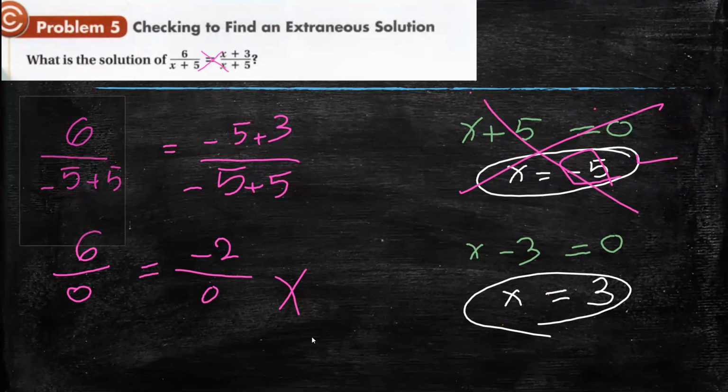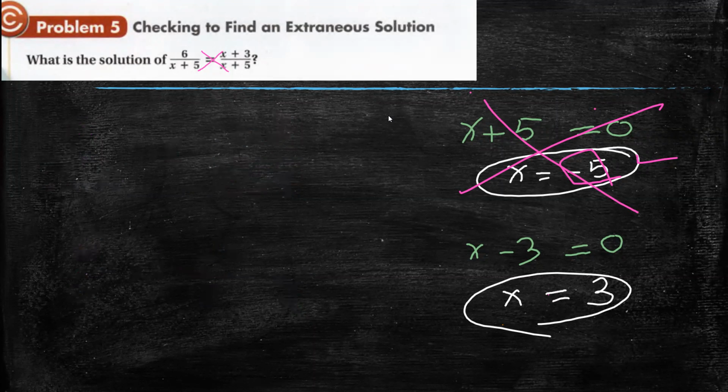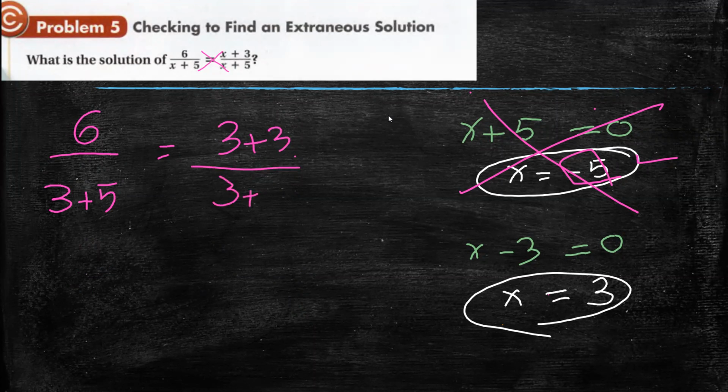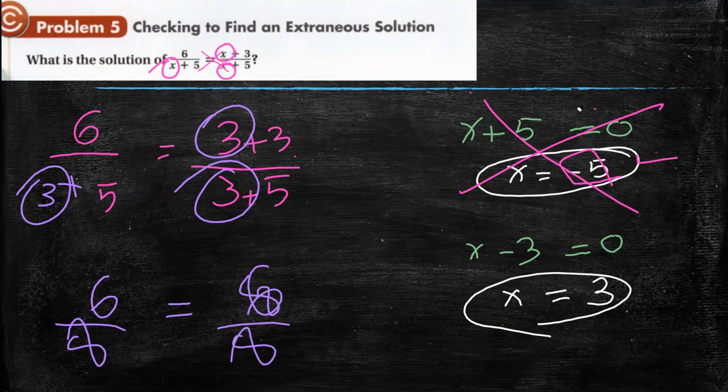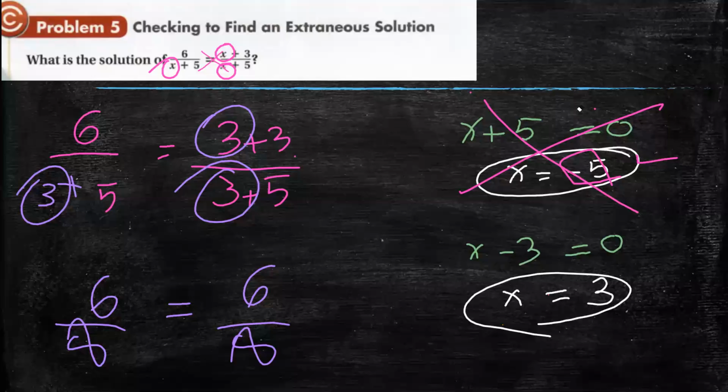Now, let's check the 3. 3 over 3 plus 5. Is it equal to 3 plus 3 over 3 plus 5? I just evaluated 3 with x. Yes, teacher, it's correct. So is 6 over 8 equal to 6 over 8? Yes. So that means here, when x is 3 only,